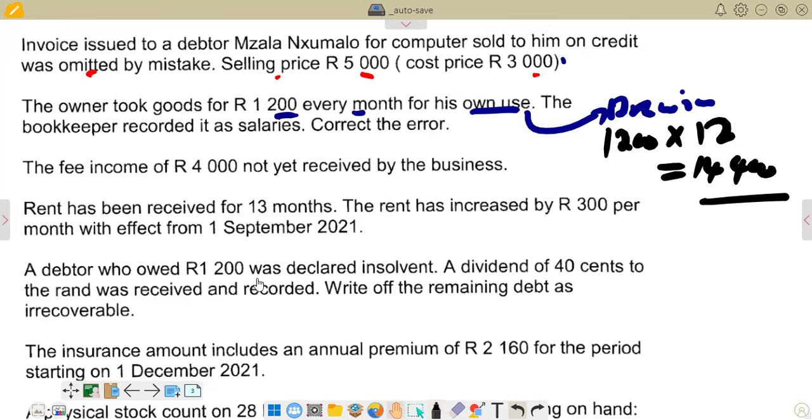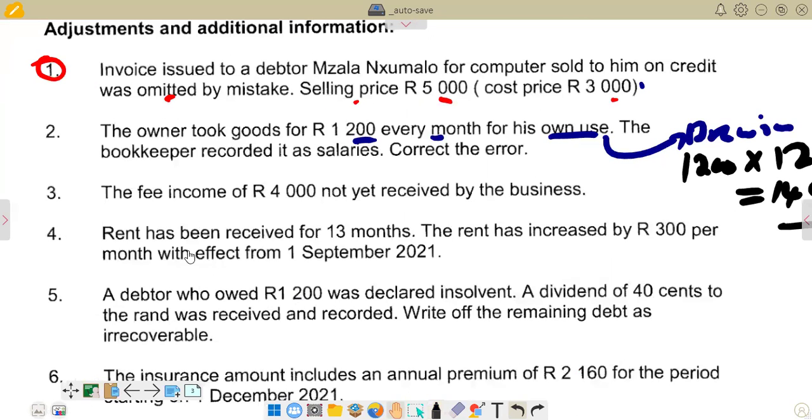So if you come here, you find item 4, rent has been received. Sorry, we are going to 3. The fee income of 4,000 rands not yet received by the business. What it means is not yet received. So this is an accrual of fee income. Remember, all accruals,